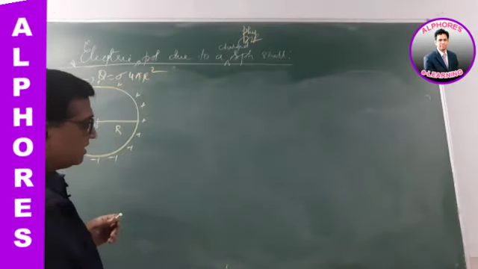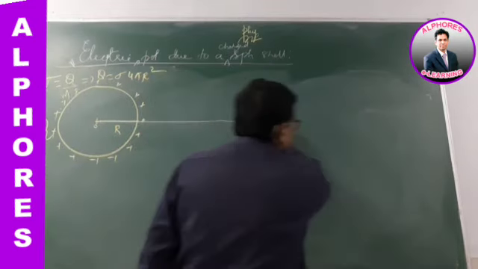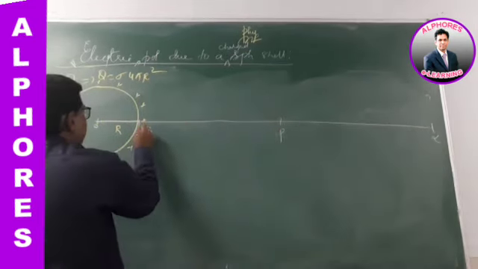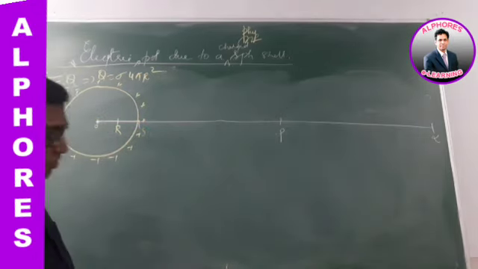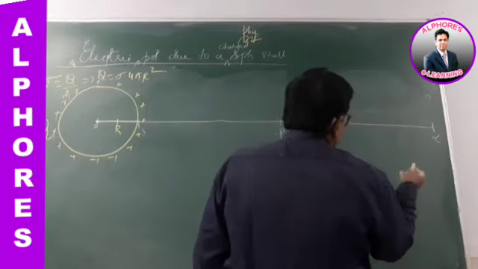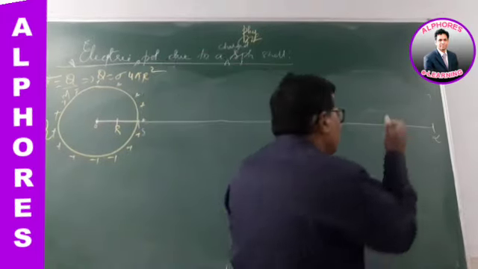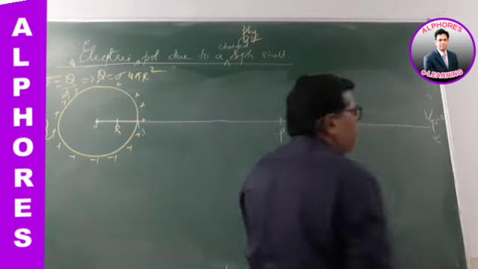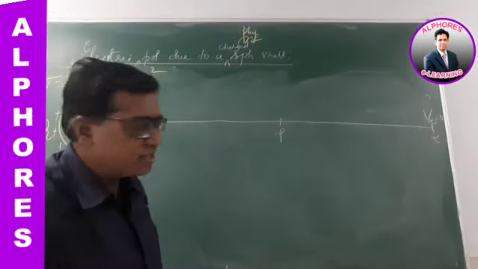Then what is the electric potential for this at different points? Let me consider different points: first the infinite point, then an outside point, a surface point, an inside point, and the center. Potential at infinity: potential itself is defined as the work done in moving from infinity to the point. If it is infinity itself, the work done is 0. So the potential at infinity due to any charge is 0.